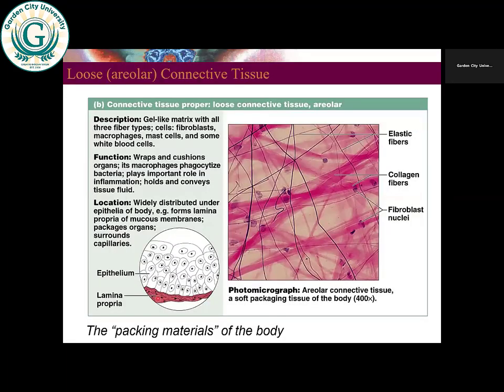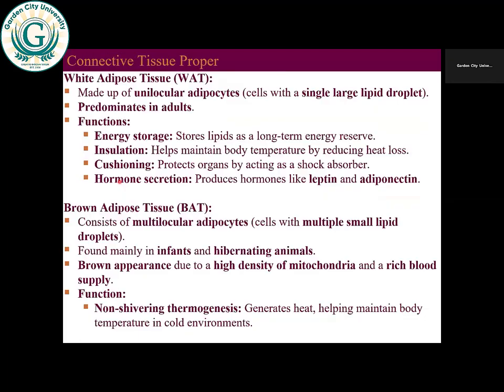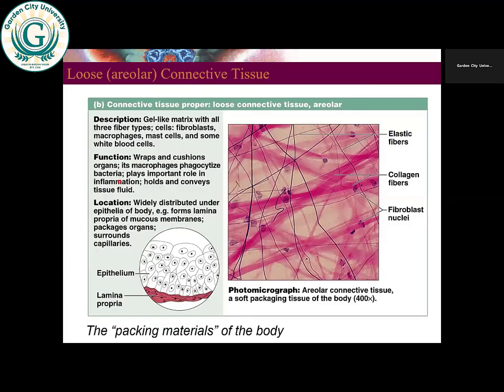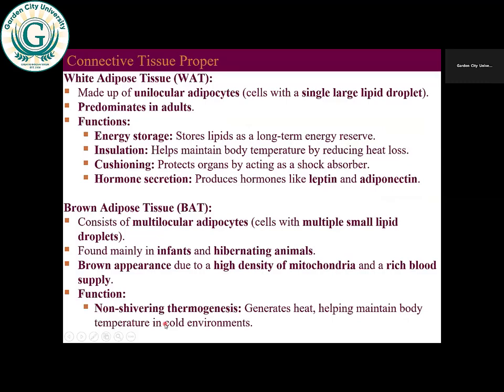connective tissue. And within there, you'll find these cells that we talk about. They play a very important role in inflammation. So we said that they surround capillaries, they surround blood vessels. So that's loose connective tissue. Then they are the ones that fill the spaces in organs. Then there's